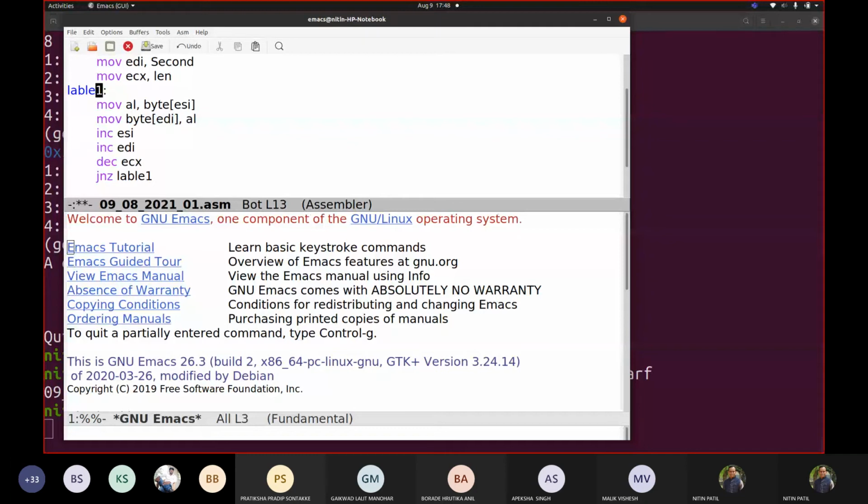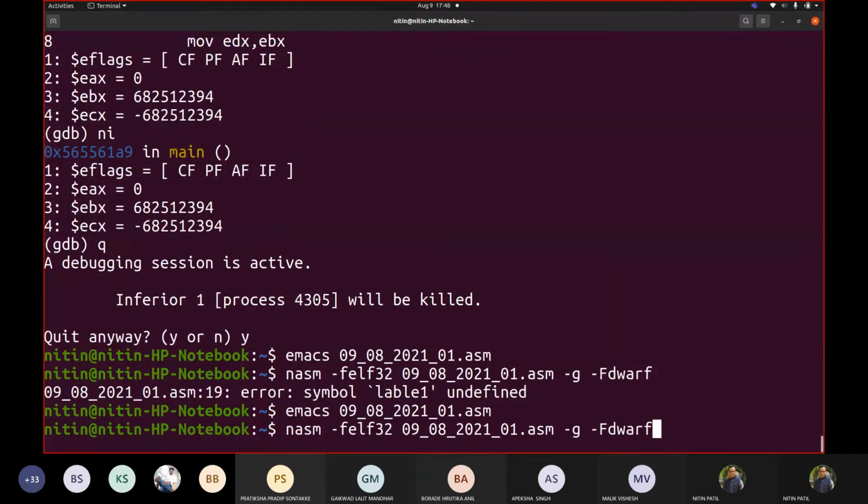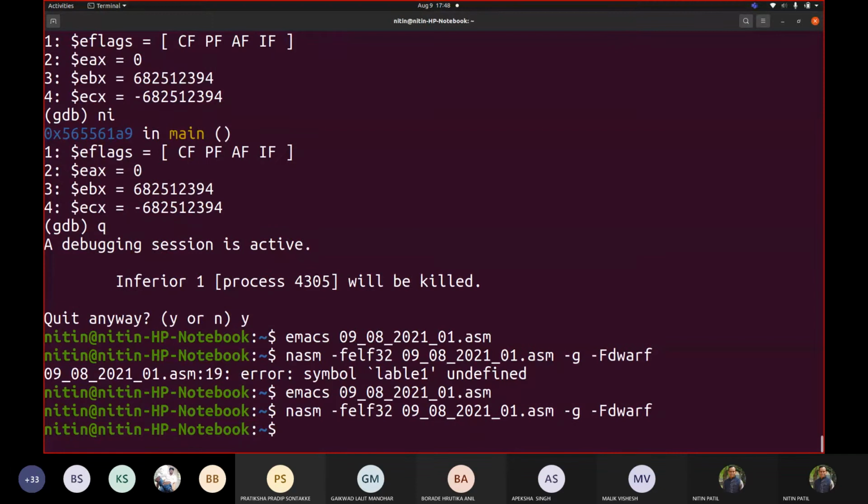We define it like this, no? Let's correct it. Awesome. Okay, let us compile and link with -m32 0908 2021_01.asm -g.